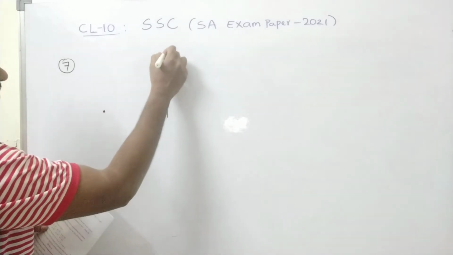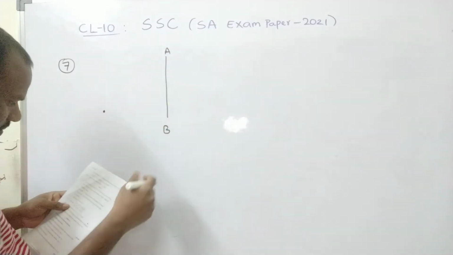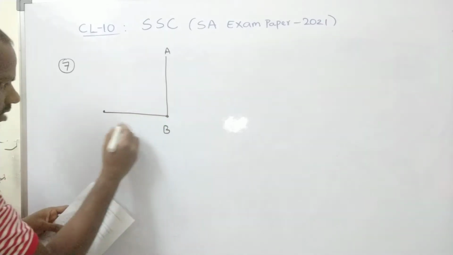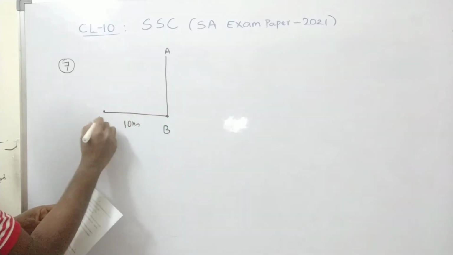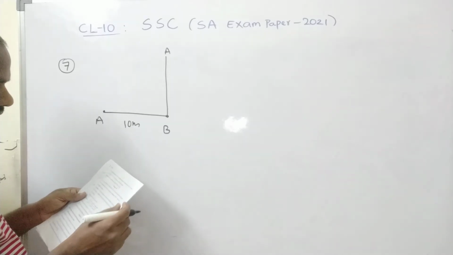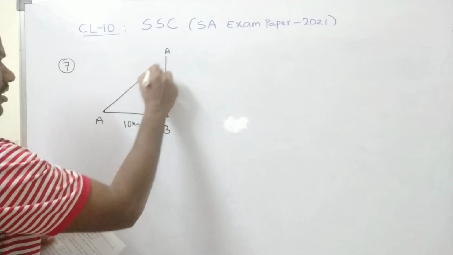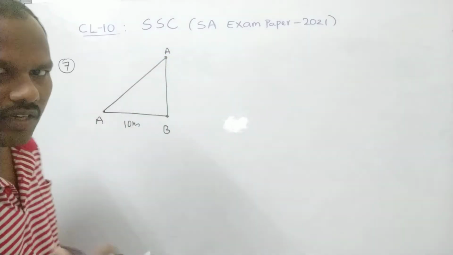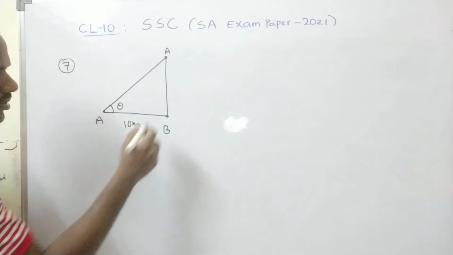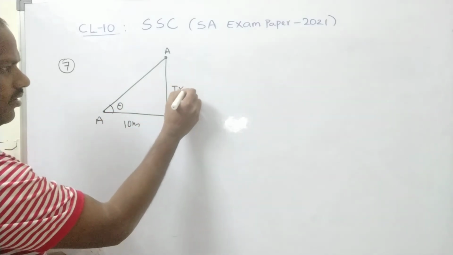So this is the height of a coconut tree. Let us say AB is a coconut tree, 10 meters away from the foot of the tree, that is 10 meters here. Let us say A is the position of the girl. Okay, top of the tree, the angle of elevation is 30 degrees. So angle of elevation means from the ground, from the earth. So elevation equal to theta degrees. That's it. So therefore, now this is the tree.